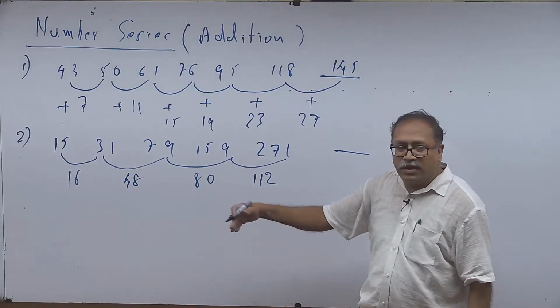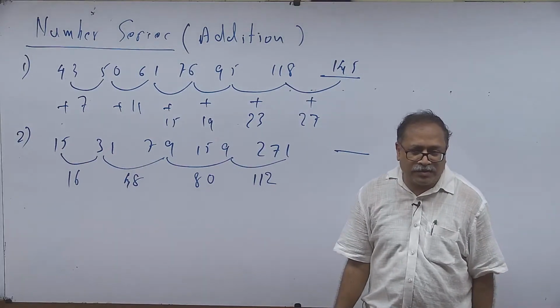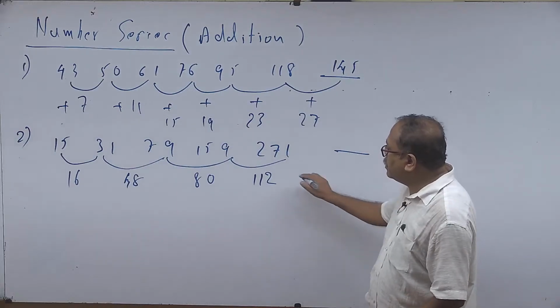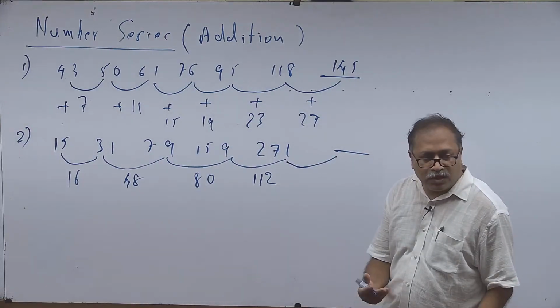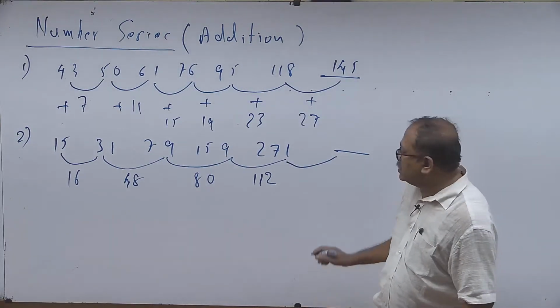Okay. So that could be another way of looking at it. In whatever way, what is important is what should be the next number. So I will go with your logic, plus 32. So that is